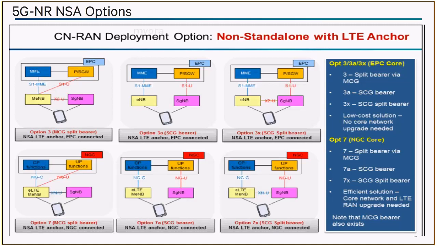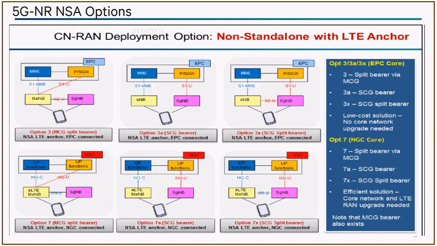Okay, S1U. So basically, the backbone may not have the capability to go to 100 GB line. Okay. So currently it may be a 2 gig line. Are the E node Bs scaled up to carrying 100 gigabits of data? No, basically none of the E node Bs, if you notice, are the legacy E node B. They are all the evolved E node Bs. Okay. They need to have a software upgrade to support 5G actually.